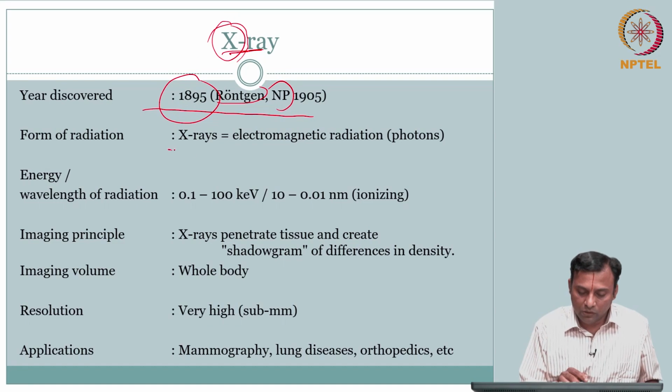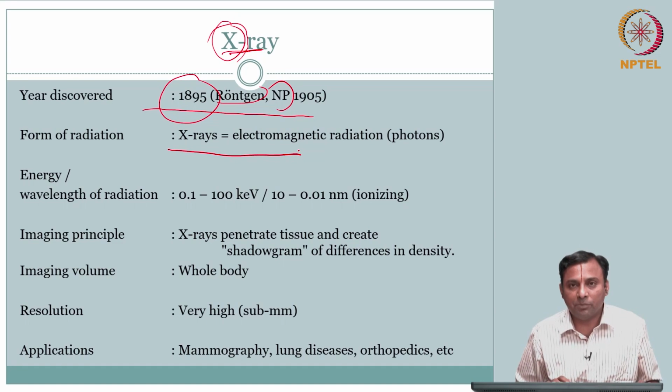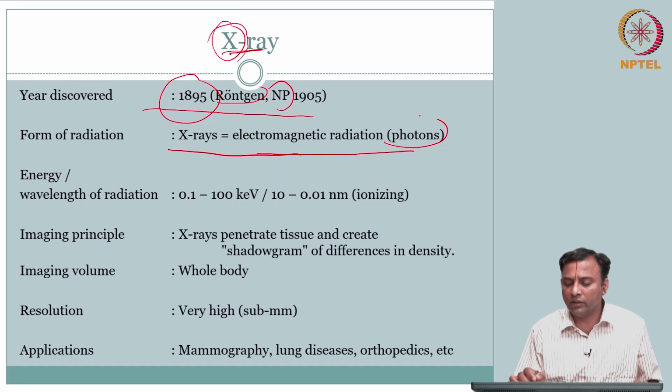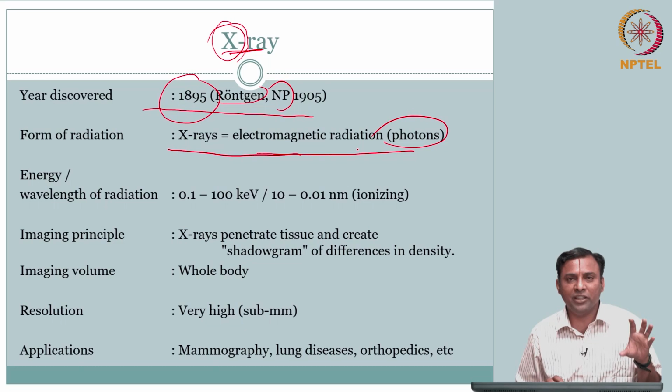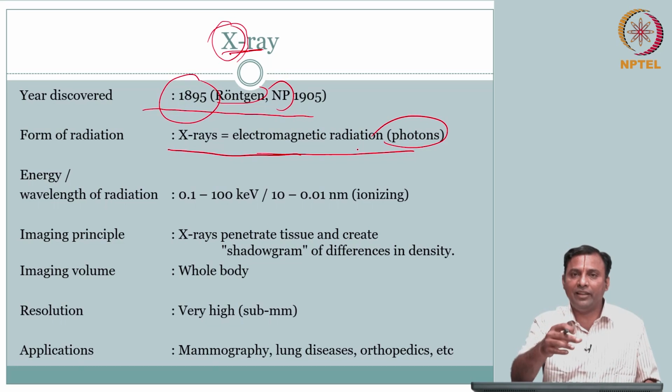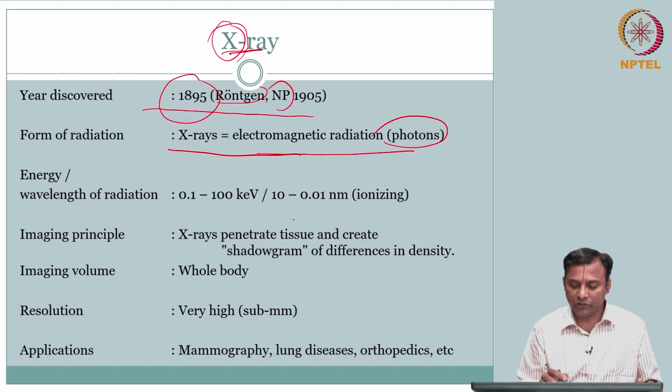Okay. So X-rays, we saw the electromagnetic spectrum in the previous slides. X-rays are electromagnetic radiation, we call this, right. It travels in the form of packets of energy, which they call photons, right. So you send a packet of energy. When they say X-ray, what they mean is they are sending energy packets. The energy is in the X-ray range, right.